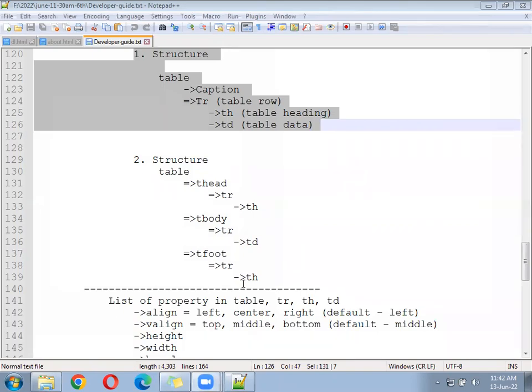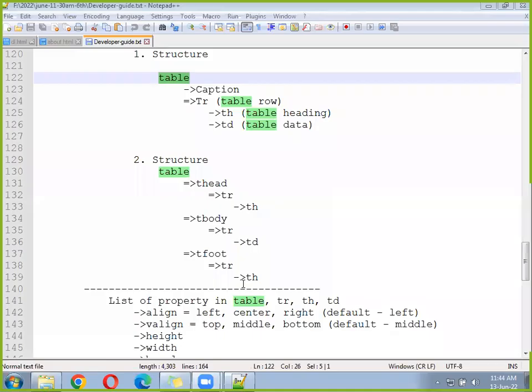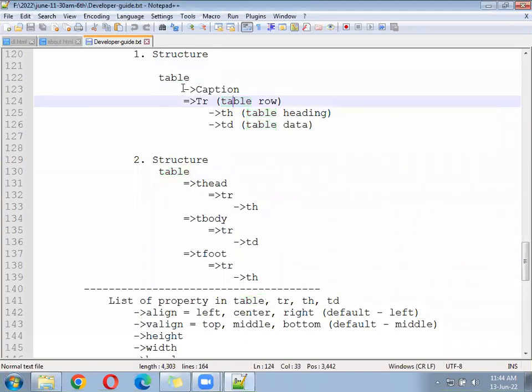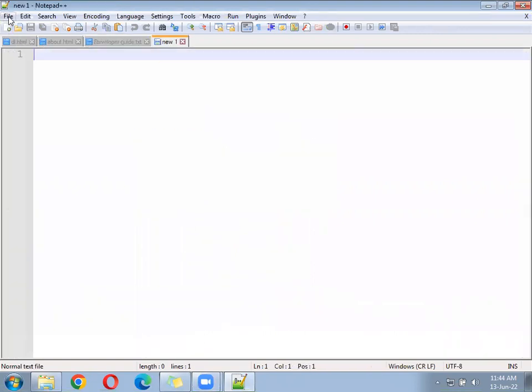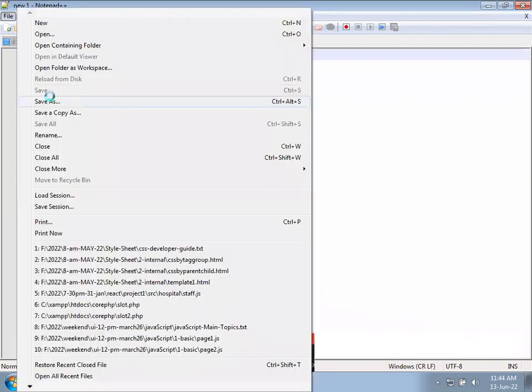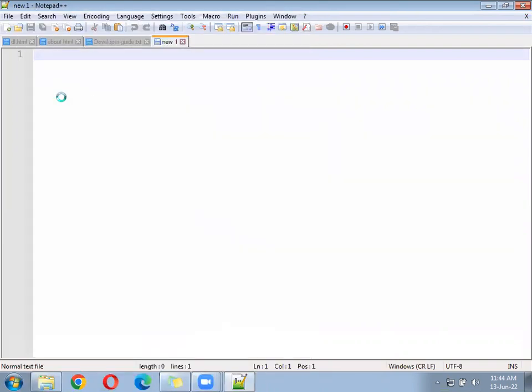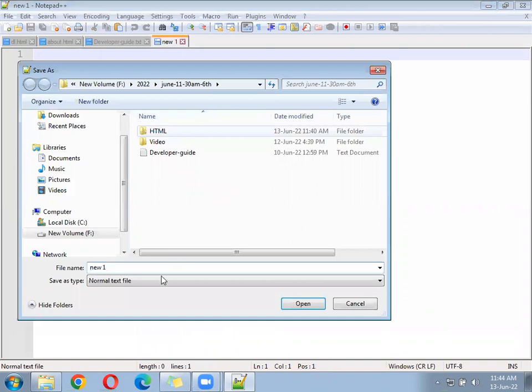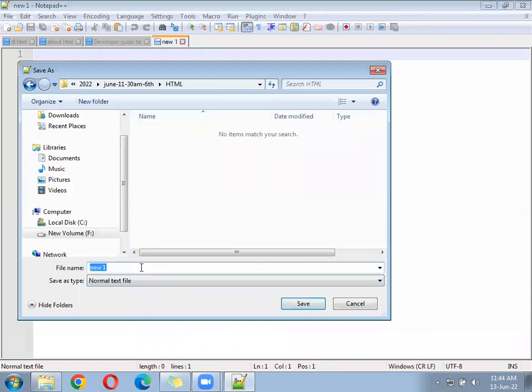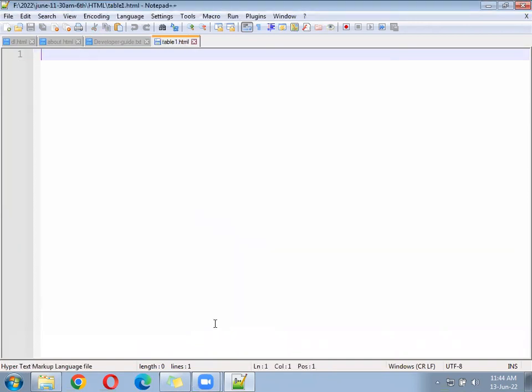So when the person has called you from input, table1.html in HTML folder. Table1.html under the HTML folder. Table1.html. Next, after that,